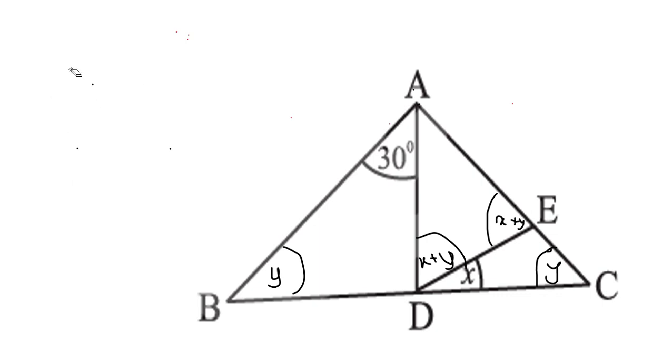Okay, that was not the best angle, so let me just try again. Okay, so now if we take this vertex as A, this as C, and this as D, this angle is x plus y plus x, which is 2x plus y. And here the angle is unknown, and here the angle is y,